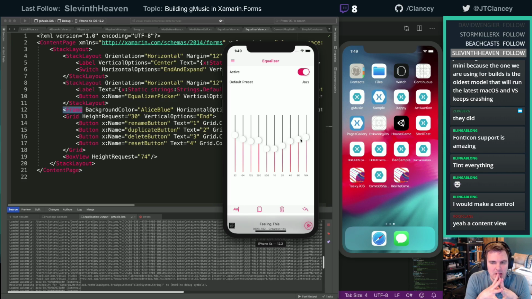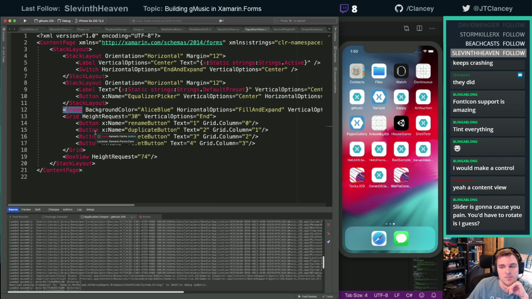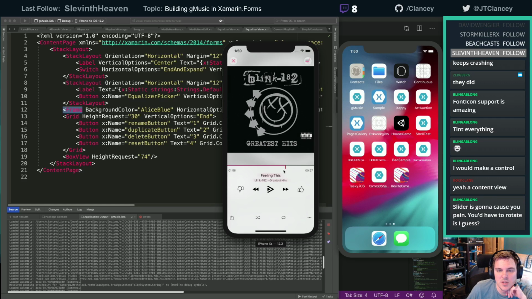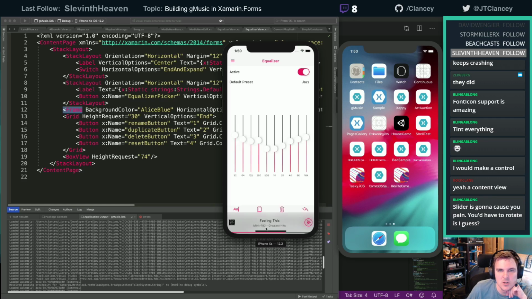Yeah, I might just do it as a content view, absolute layout, and just deal with it myself. Maybe we make that a user control now, and then we can just add the user control in here. Yep, it needs to be rotated. And you'll notice when I rotate, shadows too, because things look funny. If not, it looks really funny. Oh, I don't have another volume thing to show. But yes, those are rotated sliders.